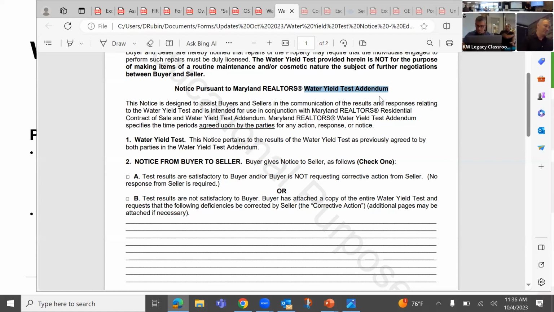Right. So maybe I would not reference these specifically on the property inspections addendum, and limit it to the normal ones there. And you can still have the other category for pool inspections, or you could put other as recommended, with the understanding that water quality, water yield, and septic are still going to be their own addendum with their own timelines and process for requesting repairs. So hopefully this will make life a little bit easier if you have those specialty inspections done. It just provides a more formal way to go back and forth and make sure everybody is protected.